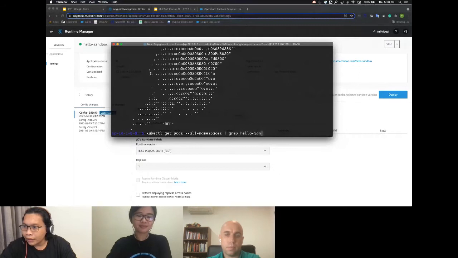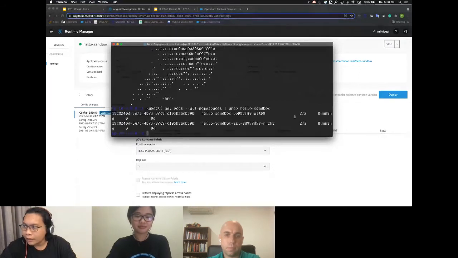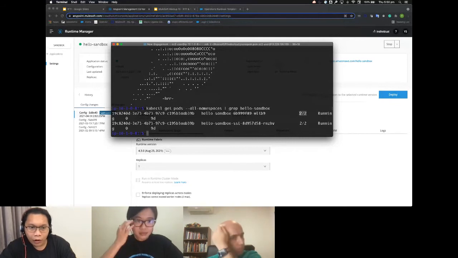So we can see this one is running. The status is running, and the ready count is 2/2, meaning both containers inside the single replica are up and running. Why 2? Because in one single replica we always have two containers running. The first is your application. The second is the sidecar.